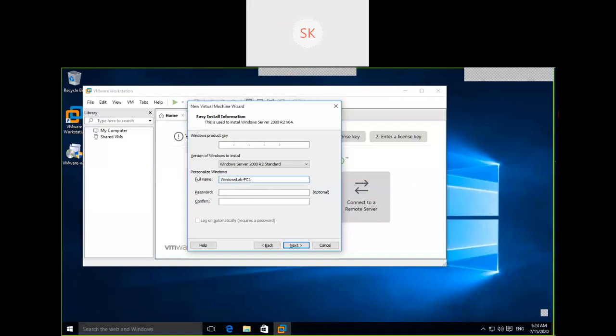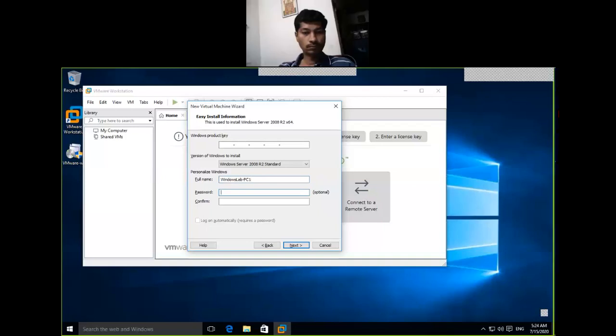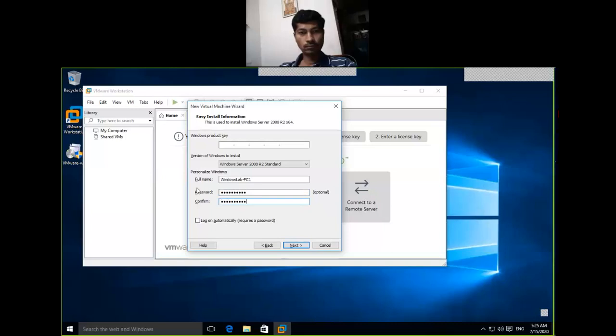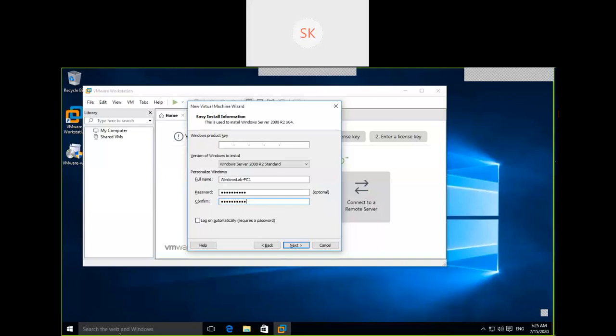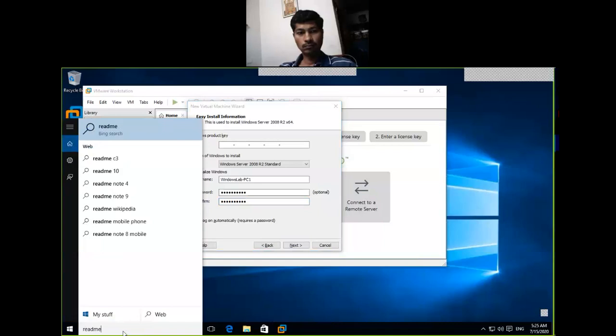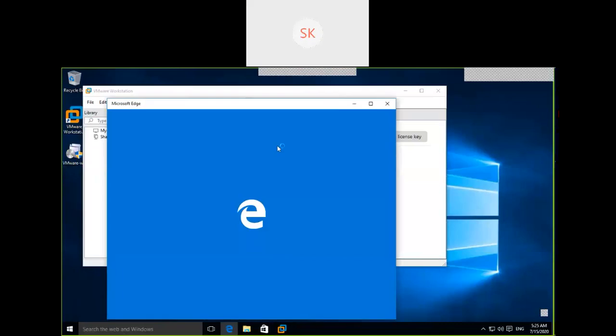Password: you can put the default or any password. Make sure whatever password you are entering, you note it down somewhere. If you forget the password, there is no option to retrieve it. There are third-party tools available, but that comes under advanced troubleshooting. Don't mess up with this password. If you forget it, you need to reinstall the entire operating system again. Make sure you note down the password somewhere else.